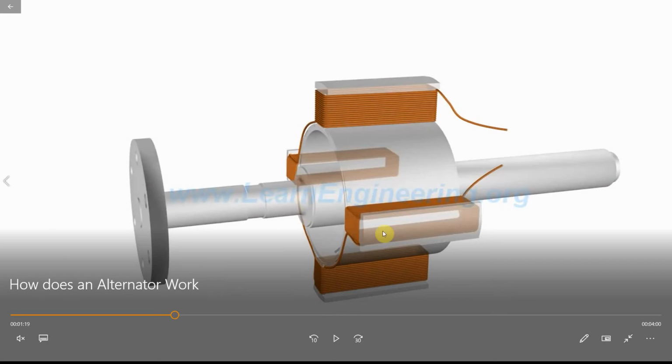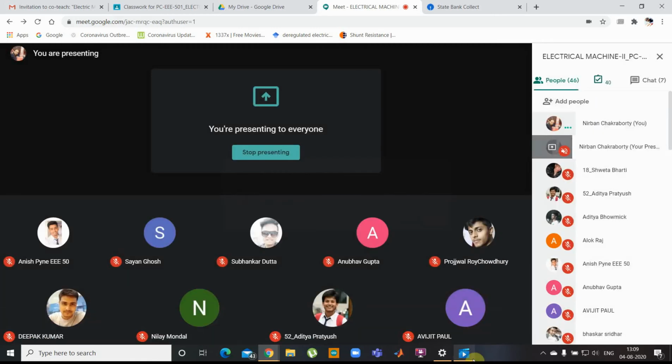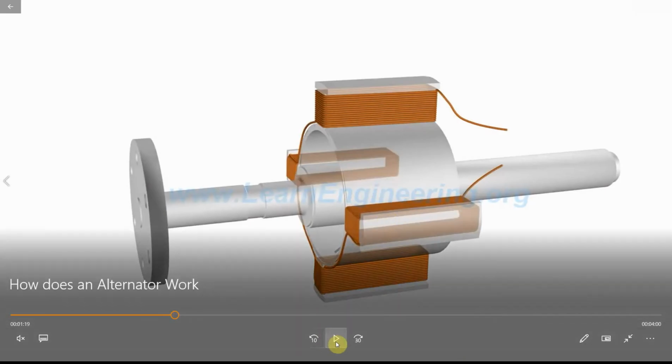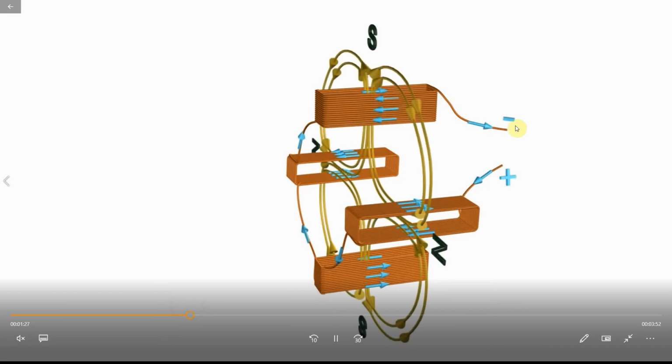This is a 4-pole system. It can be 4, it can be 6, like this. But this is how the poles are connected. Here you can see these are the windings that are wound on the poles, and by connecting this winding with the DC source, we are making this an electromagnet. Okay, now this is how they are connected. This is a positive and negative terminal.